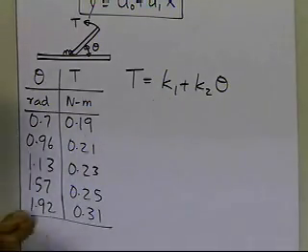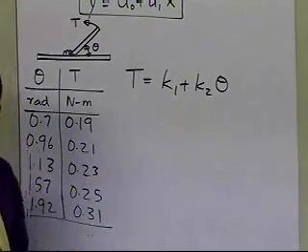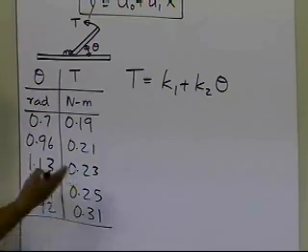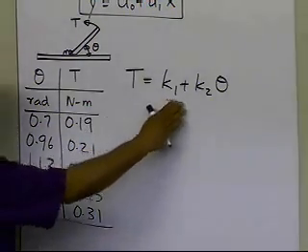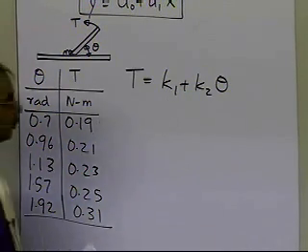So we have a general straight line formula which tells us the relationship between torque and theta. We want to find this from these 5 data points, although when we conducted the experiment we had several data points, but for simplicity we're just taking 5 data points to show you how to do the linear regression. When I'm looking at this particular data, I need to write down the formulas for K1 and K2 and do the proper substitutions. So let's go ahead and do it right here.